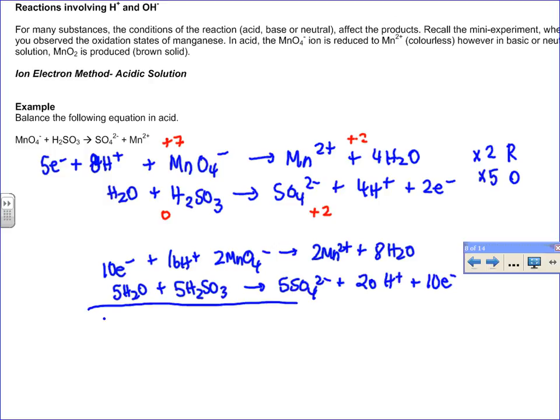Okay, so these are the two balanced half reactions, and now I'm ready to recombine them. The electrons will simplify, the H2O will simplify, I'll have 3 on this side, the H+, I'll have 4 on this side. So my overall reaction here is 2MnO4 minus,